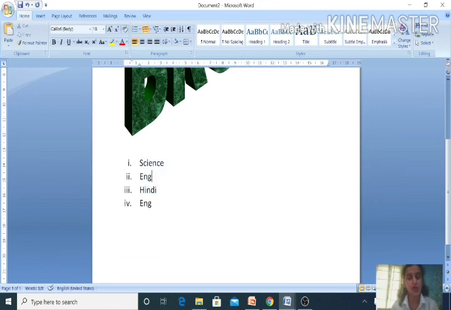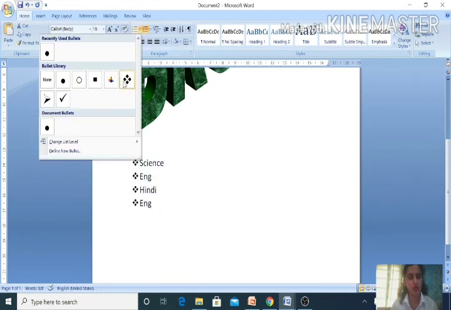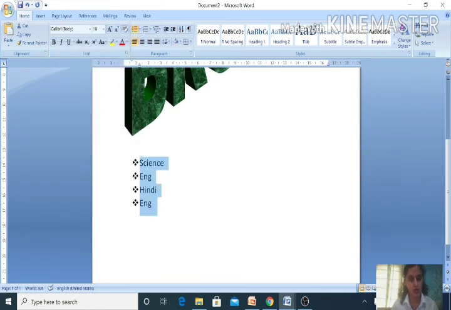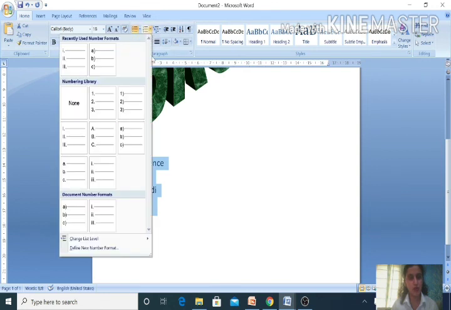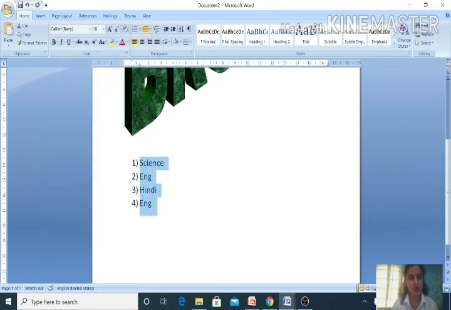Similarly अगर आपको सिर्फ उसको bullets assign करने हैं, means you don't want to organize your data, so you can take any kind of bullet from here and assign it. Similarly, if you want to assign any kind of numbering to the list, from there only you are able to create it. So I think bullets and numberings are clear to you.